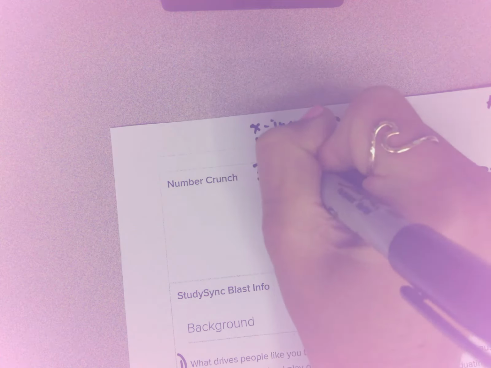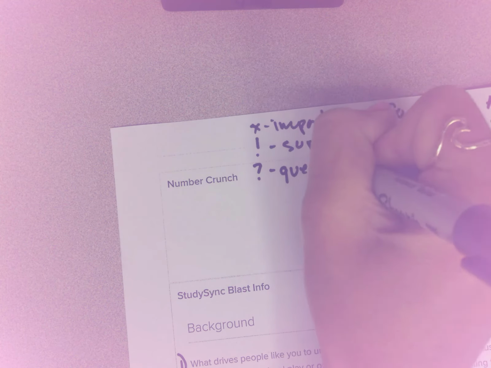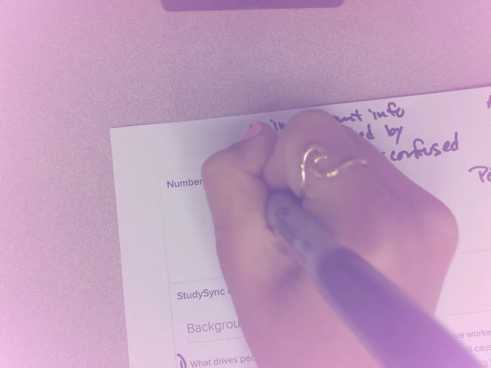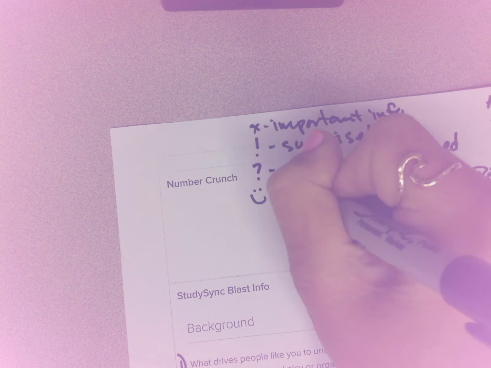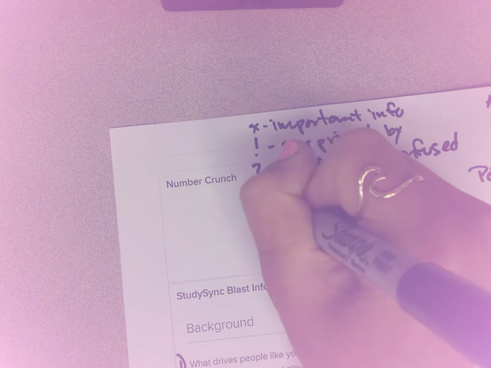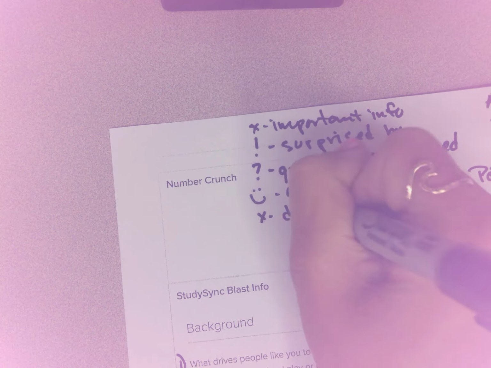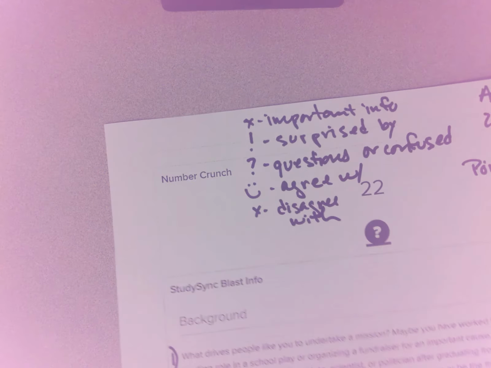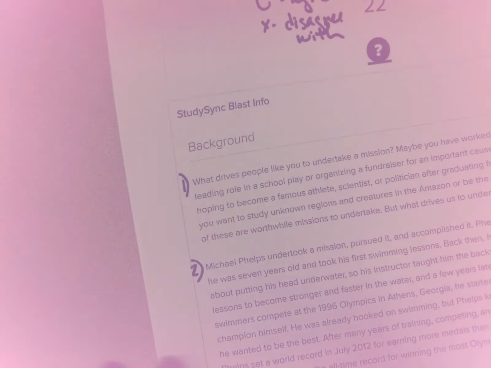Question mark, questions or confused. Smiley face, agree with. X, disagree with. All right, so we've got our key, we've got our name, and we've annotated and we've numbered our